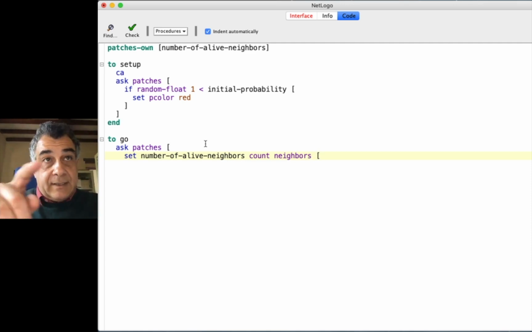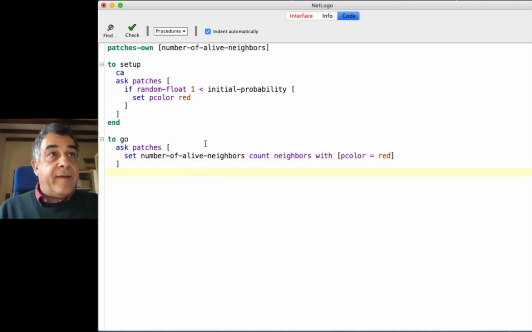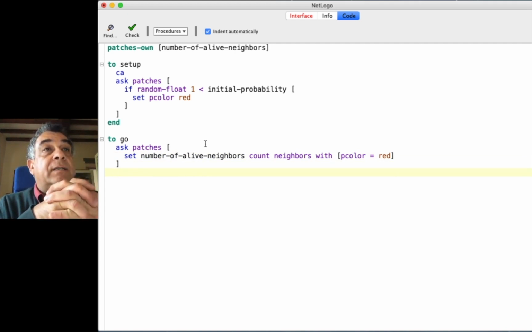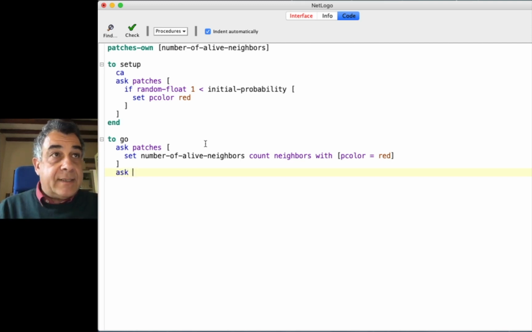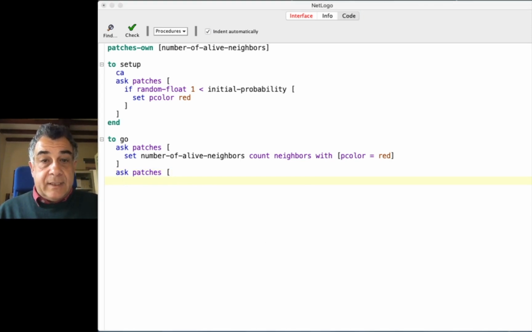So I refine this saying that I want them with the color equal to red. And then I again ask patches,